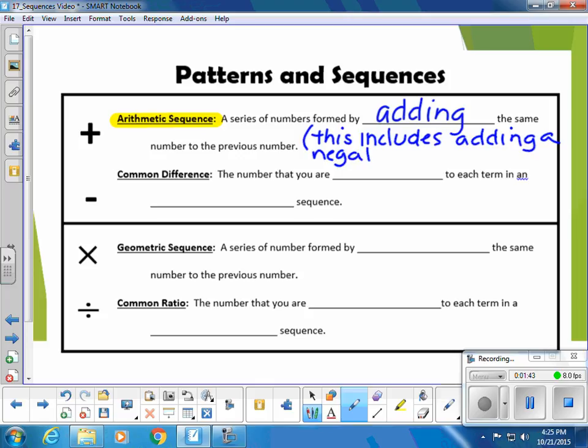Because remember, we've just studied integers, so you're going to see integers coming into your patterns, your sequences. You're going to see it going into your order of operations, your substitution problems, all of those things. So make sure you know that that includes adding a negative number, which means you're technically subtracting. What we refer to that number that we're adding and subtracting each time, it is called the common difference. And I know difference means subtraction, but it's the number that we're using each time to write the next term in the sequence. So that is the number that you are adding